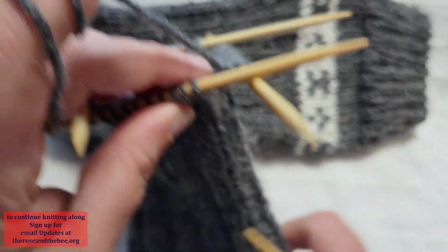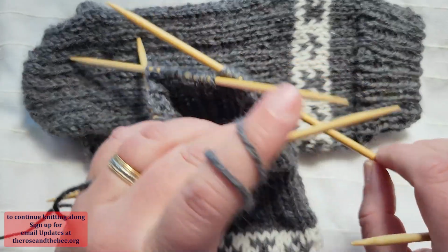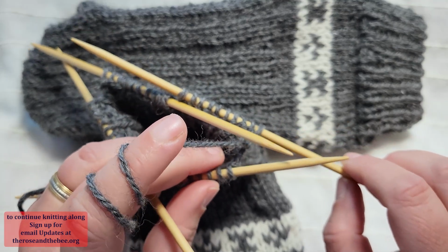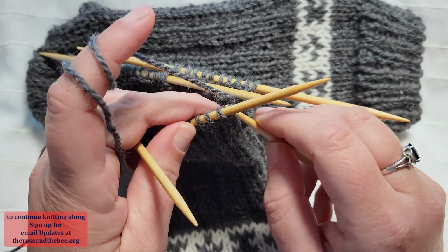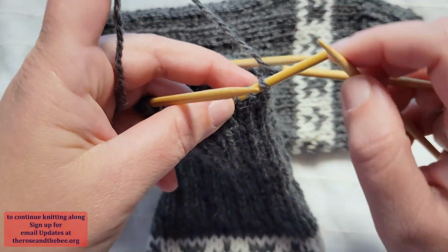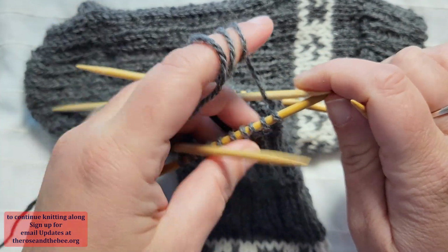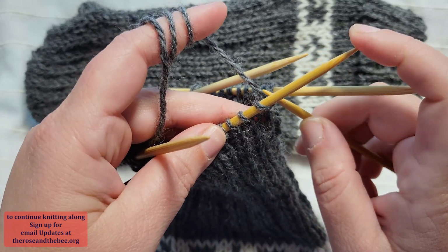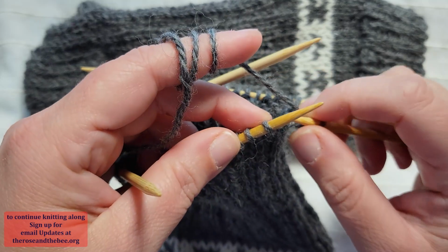So now for the heel flap, we're going to pick up where we left off at the last round, and we're going to slip and knit in this way. Slip the first stitch, so I'm slipping it knitwise, which means I'm going to come here. I don't want it twisted, so I'm going to slip. Now I'm going to knit